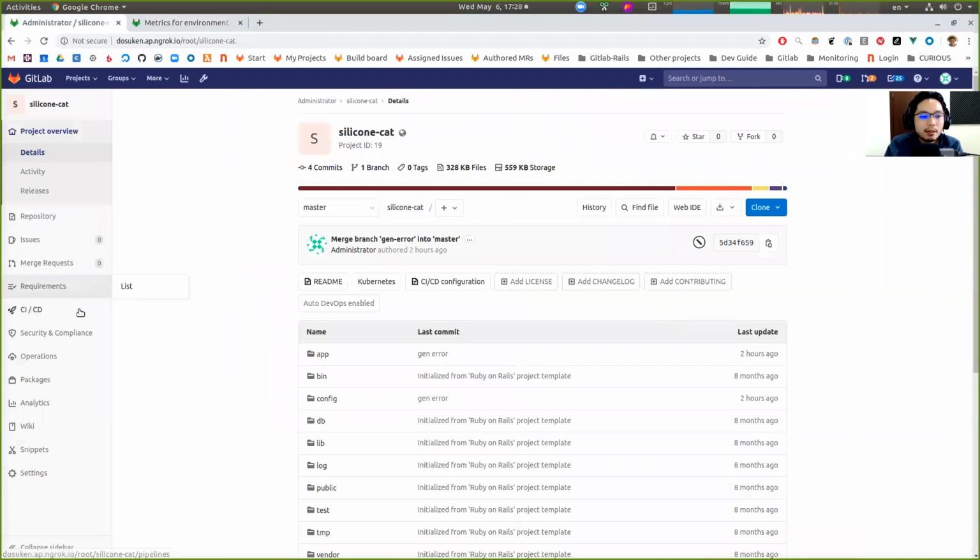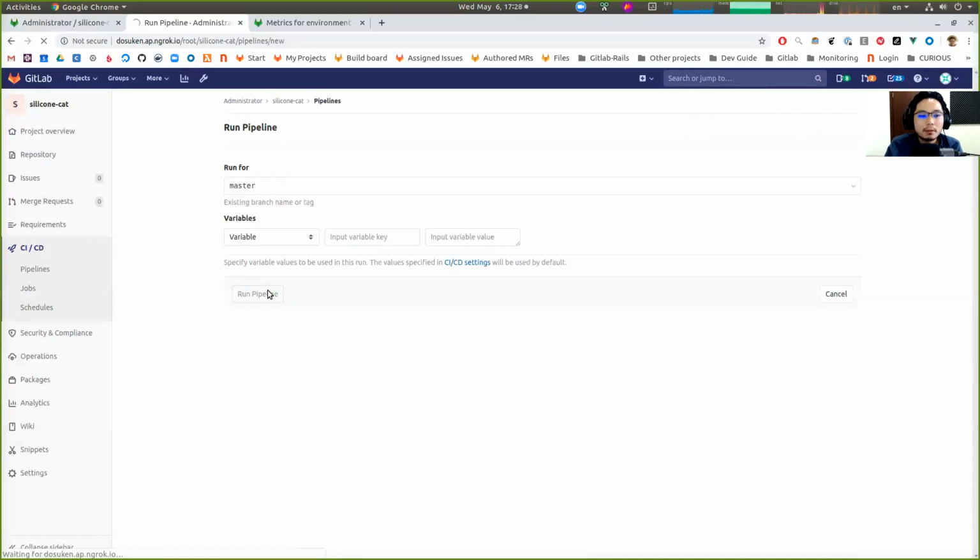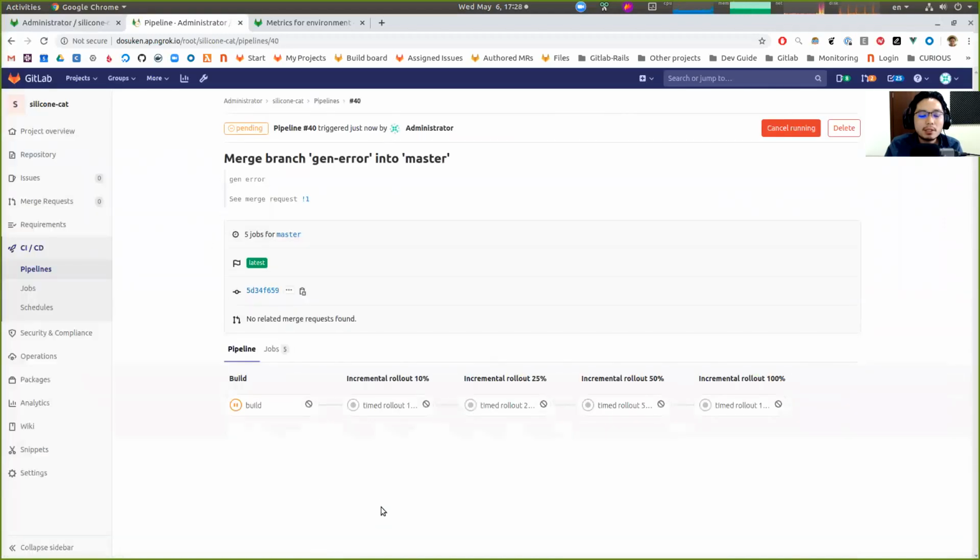And let's assume that we create a new deployment pipeline. We click the run pipeline button, and it creates a pipeline. Since I've configured this to use timed incremental rollout, there are 4 deployment jobs here, and each job starts after a 5 minute delay. For example, after the build job is done, incremental rollout 10%, which means